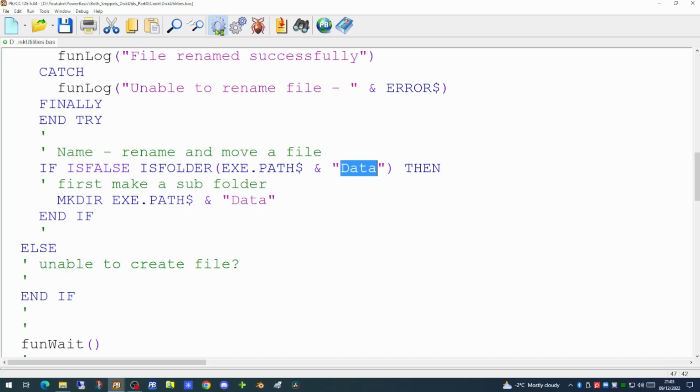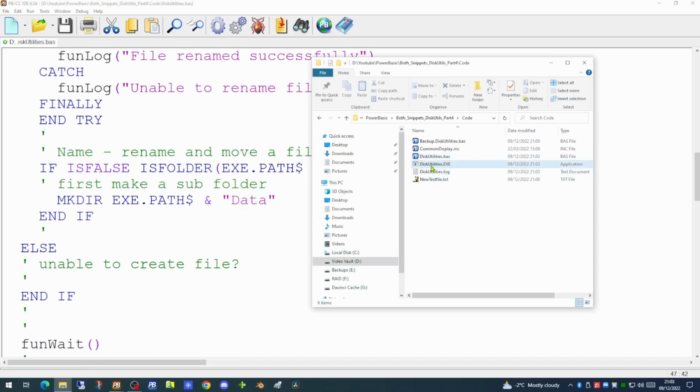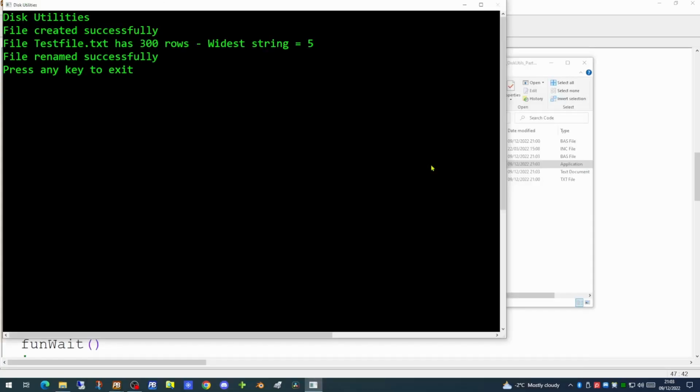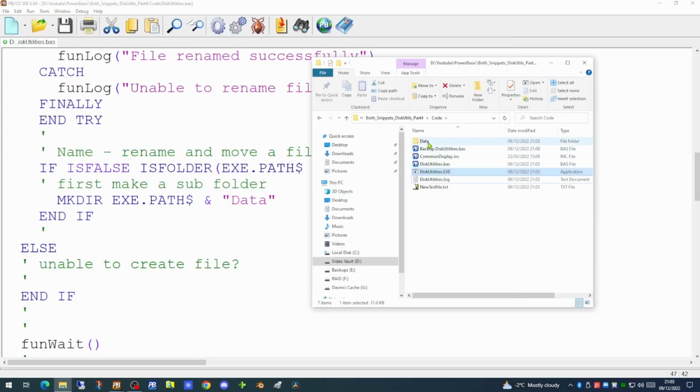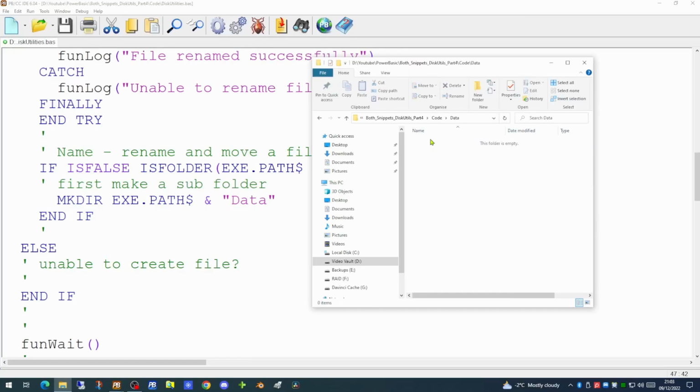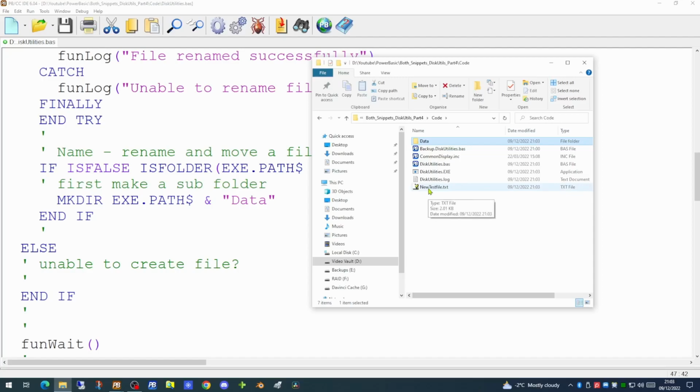So if we recompile this, and we attempt to run our application now, we will see that the data folder has now been created. At the moment it's empty, but we're going to use the name command to first of all create a file called testfile. It will then rename the file new testfile and position it within the data folder.